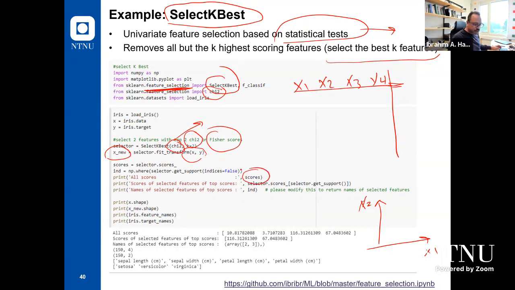This is all the scores, in fact. From all the scores, I can select the features of the top scores, because I want to select the most powerful features. When I did that, I got those numbers. Those are the scores. Do you see? For x1, we have this coefficient. For x2, we have this number, 3.7. For the third one, it's 116. For x4, it's